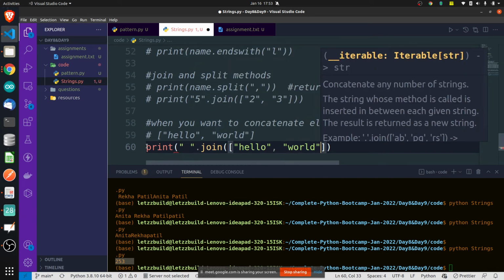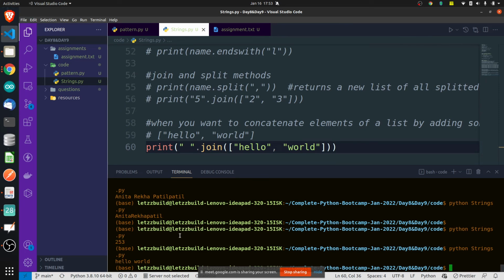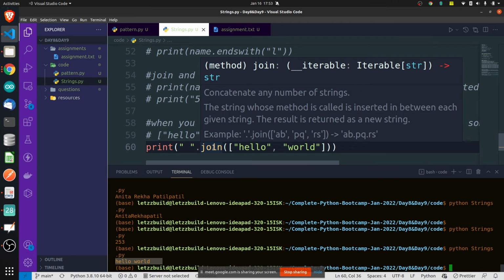It will print hello space world. Very simple. Okay, what join will do, if you scroll here you will understand, it is basically going to concatenate many things, or many strings, or many items that are available in a list. It is used to concatenate strings or items. You can concatenate strings also, but it is used to concatenate anything that is available, which is